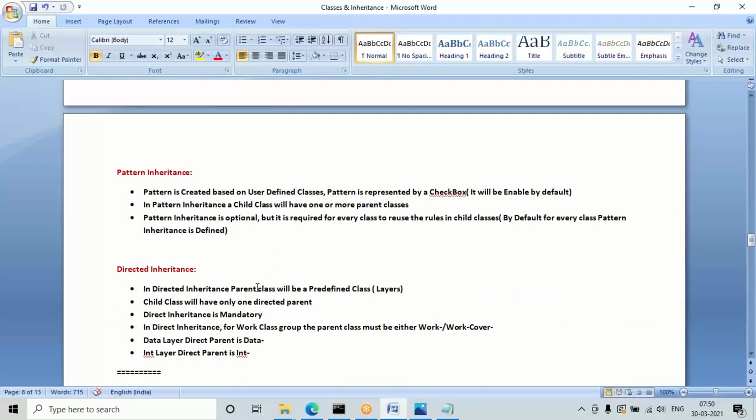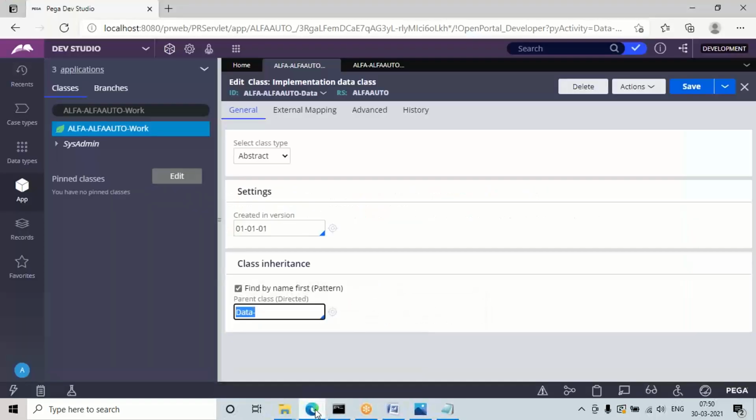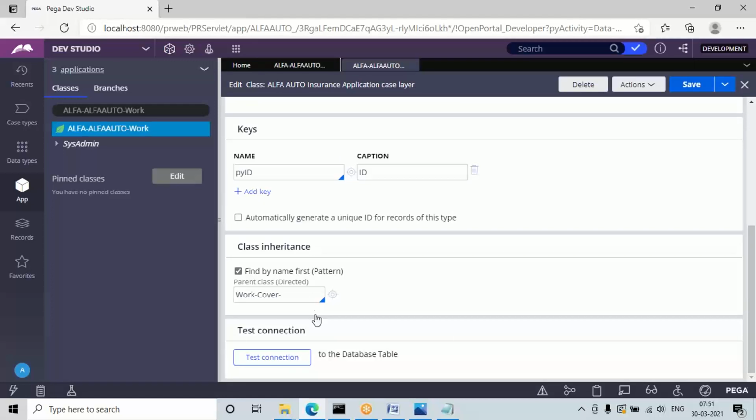So for every layer, some predefined class will be there as a direct parent, and only one direct parent per layer can be given. In the drop down, only one class can be given as a parent. In case of pattern inheritance I can have one or more parents, but in case of direct inheritance, only one direct inheritance can be assigned. And if you remove any direct inheritance, it will throw an error message, because direct inheritance is mandatory.